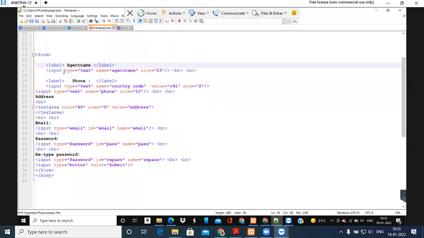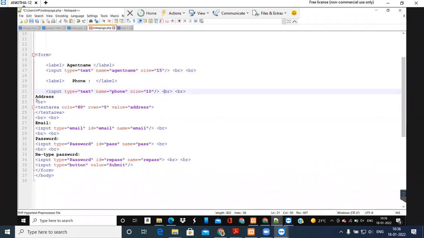And this input type text creates the text box to accept the data the user will enter. And then phone number, and then text country name, but we don't want these things. If you want, you can add. But for phone number, I just take phone and then input type text. This is enough. And this name is important.